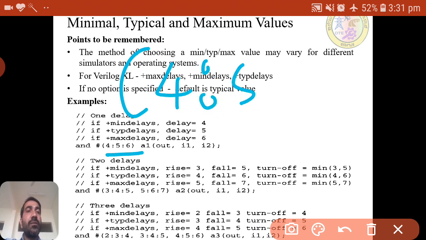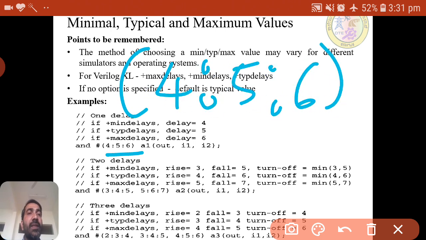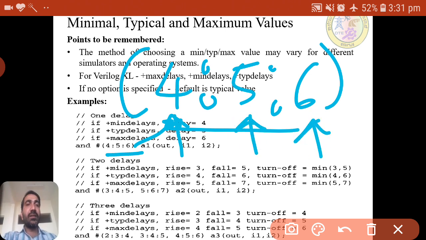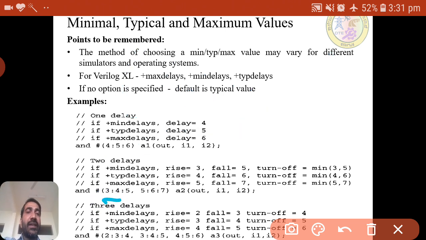So it is like this: for rise only, the minimum value is 4, typical value is 5 and maximum value is 6. Similarly for rise and fall, for rise, 3 is minimum, 4 is typical, 5 is maximum. For fall delay, 5 is minimum, 6 is typical, 7 is maximum.